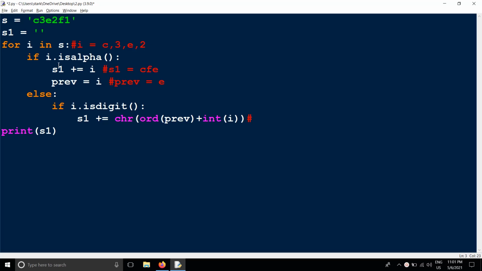I value 2, 2 dot is alpha, condition false. So it moves to the else block, and checks the condition 2 dot is digit, condition true, and then S1 is equal to, already in S1 we have CFE, right?